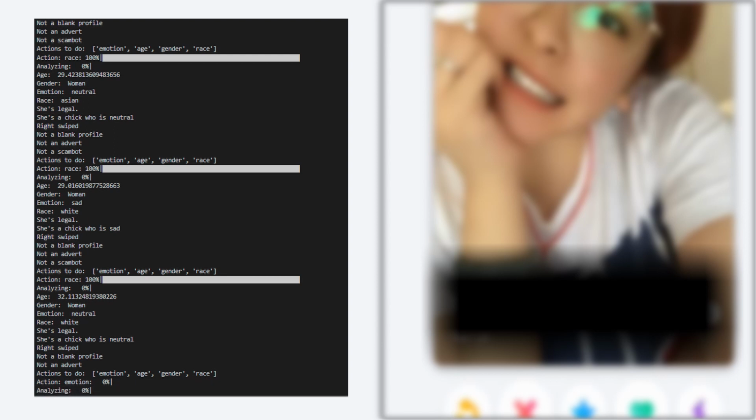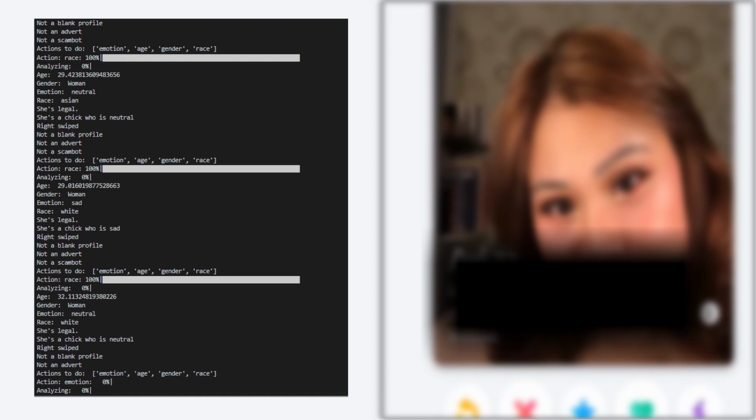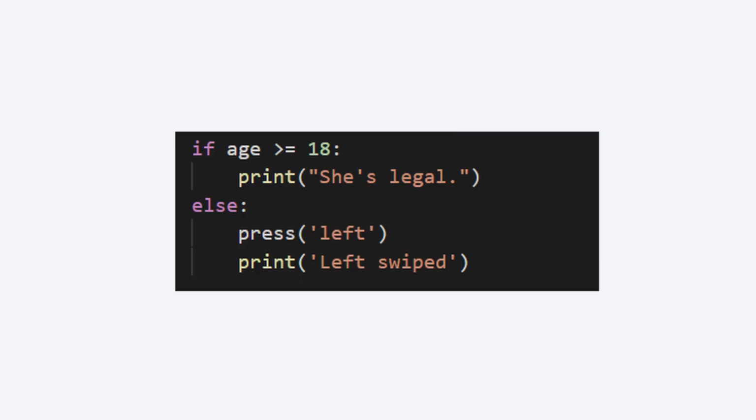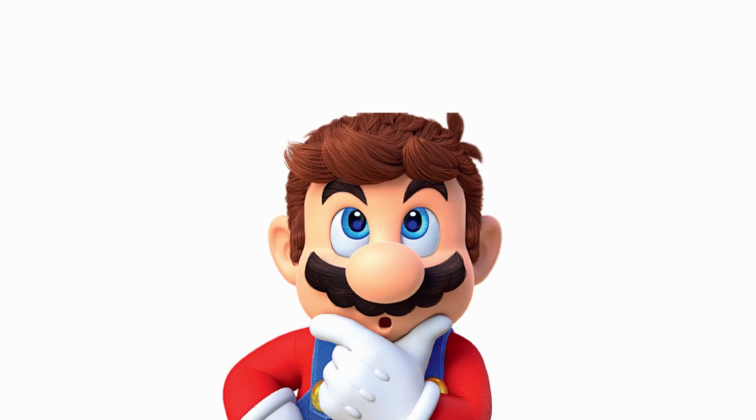And this is about the point where I terminated the program. So the potential for what we could do is add more logic to trigger swipes based on the other data points that we are able to determine, such as race, gender, and mood. Now you're probably wondering, Wilpo, did you get any matches? Well,